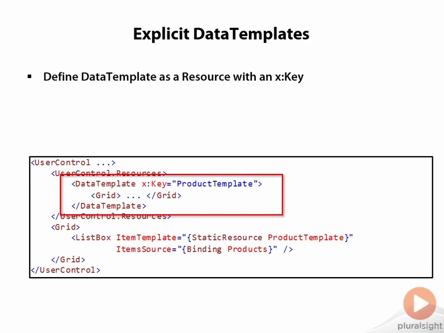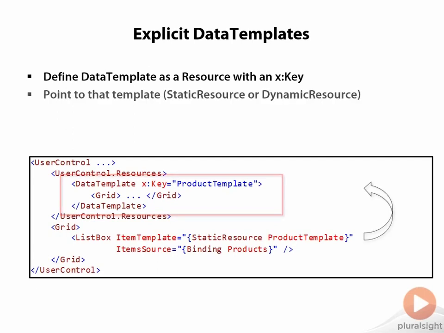So first, let's look at explicit data templates because they're the most straightforward in terms of the way the data template gets hooked up to the data-bound control. First off, you're going to define a data template somewhere, and usually that's going to be in a resource dictionary. And again, you define that data template with some visual structure for some data object that you want to render out. You're going to give that data template a key if it lives in a resource dictionary, so that you